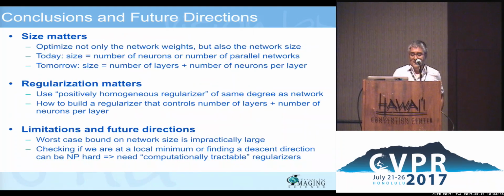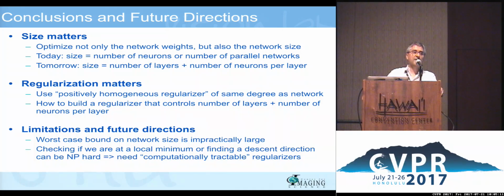So to summarize, there are 3 big messages of this first lecture. The first one is that size matters. Namely, one reason why we might be stuck with lots of local minima is because we tend to optimize over things with fixed size. When we do matrix factorization, we tend to fix the number of columns. And the message is that if the size you pick is too small, then there will be many local minima. But if the size you pick is very large, eventually those local minima will disappear.